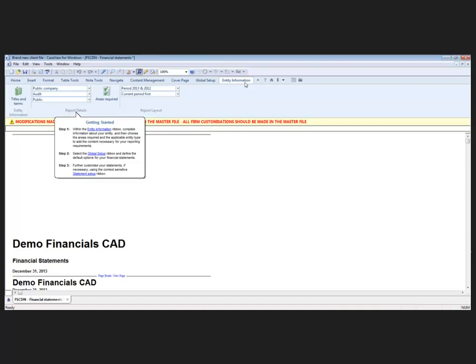We're trying to help you, walk you through the process. So when you first open up your financial statements, the first time you're using it in a client file, entity information is the ribbon that you'll see. And you can see we've got a bubble here that just kind of guides you, tells you that step one